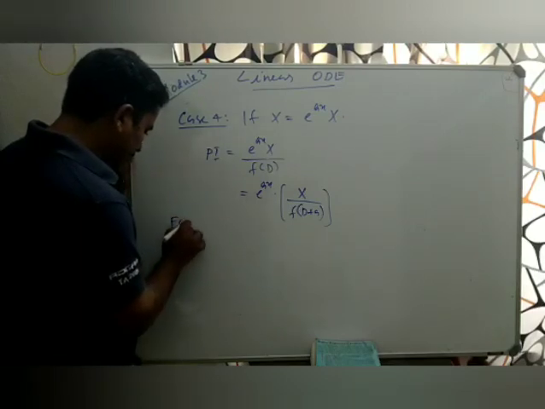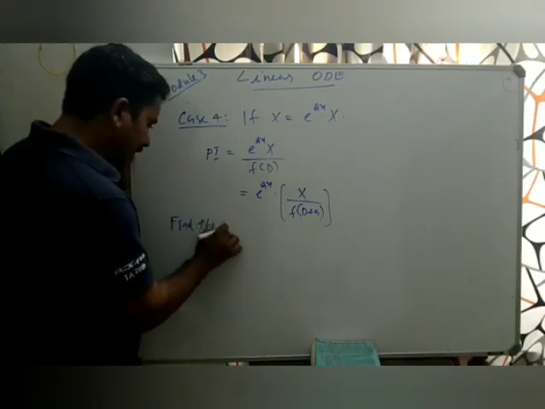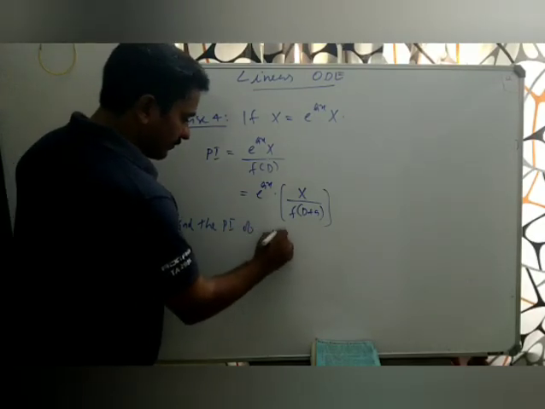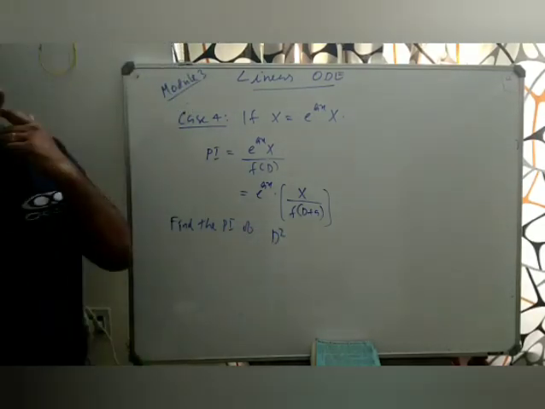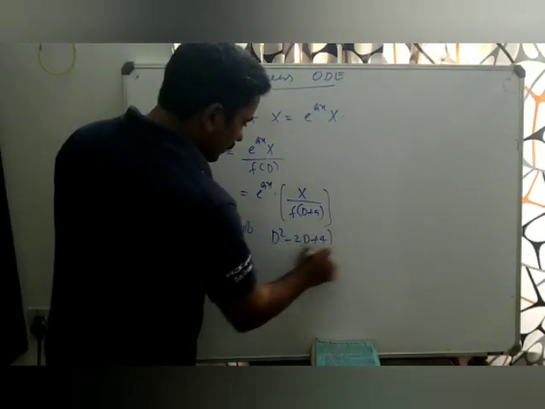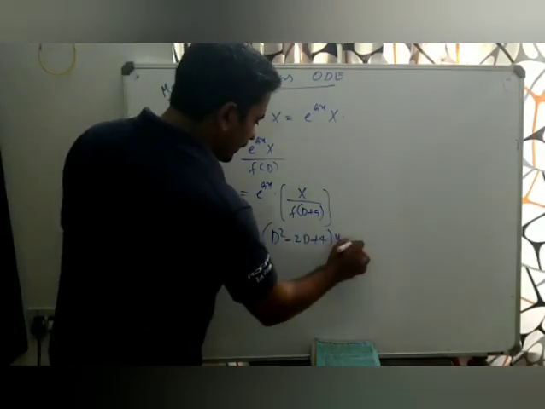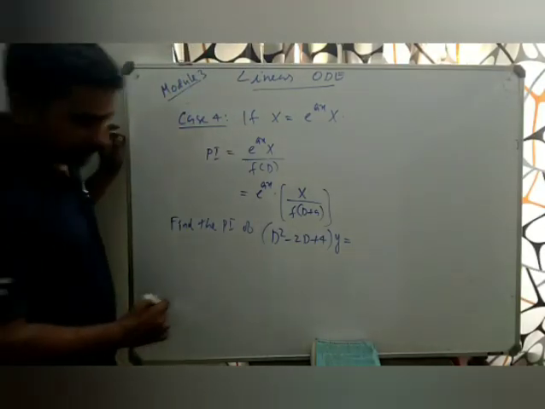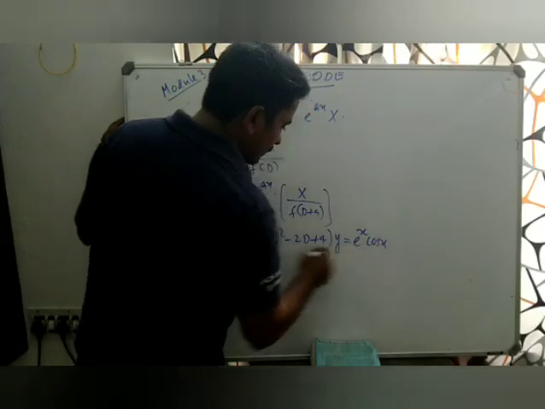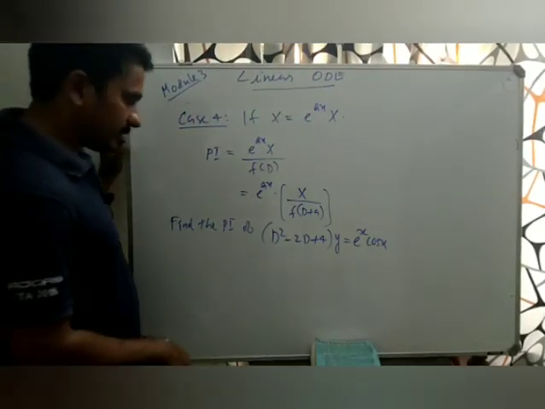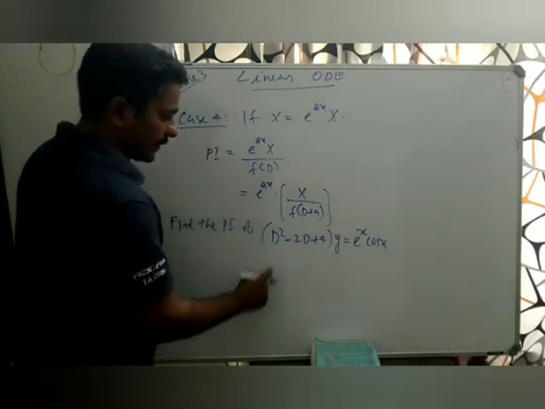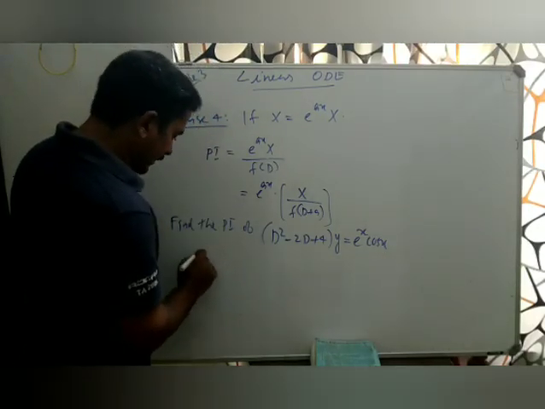Find the particular integral of (D² − 2D + 4)y = e^x cos x. This is a problem. Here f(x) = cos x, right? So to find the particular integral,